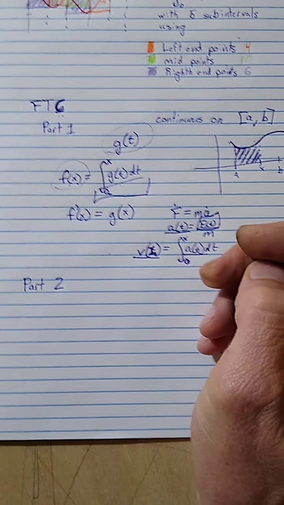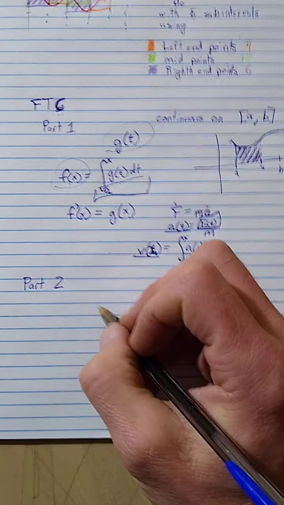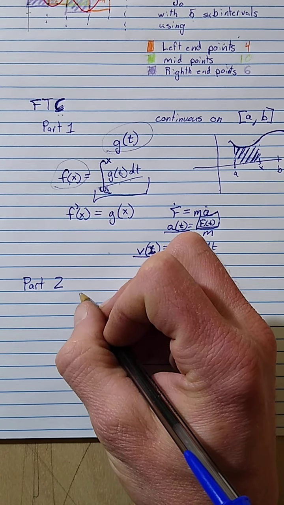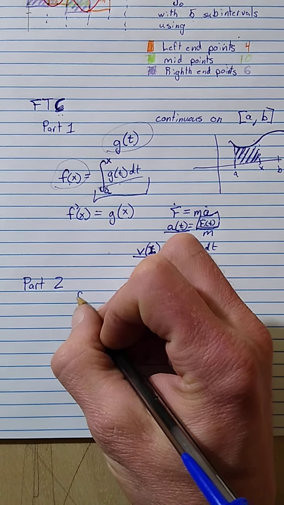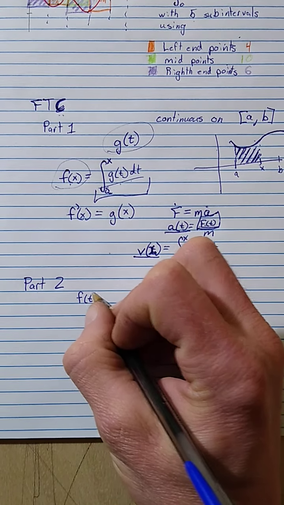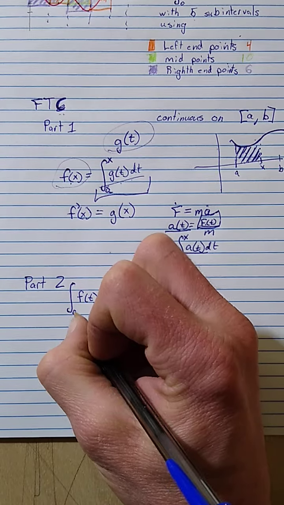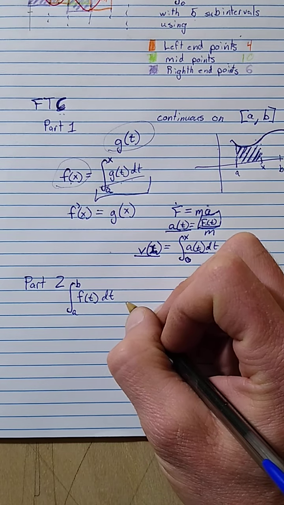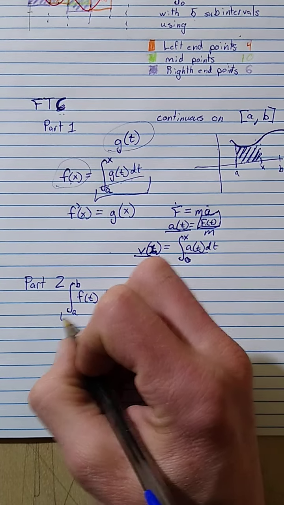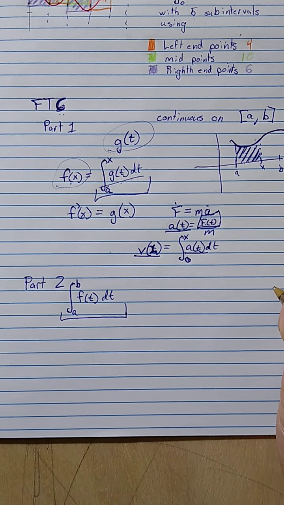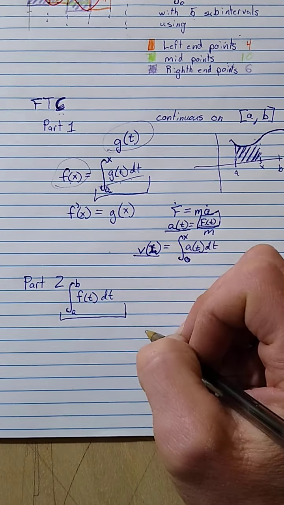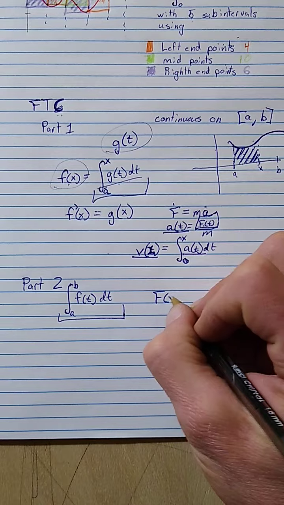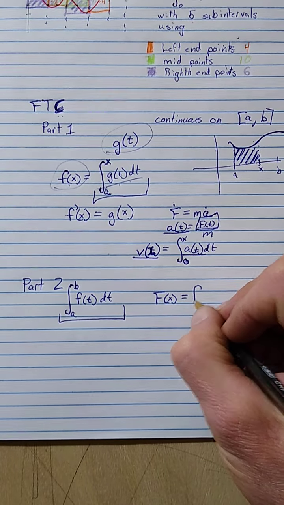So this is really something kind of opposite. This is the idea that if I have a function f of t, and I'm integrating it from some a to some b, dt. So I want to know this, essentially the area, and I know that for some function, big F of x, that equals,